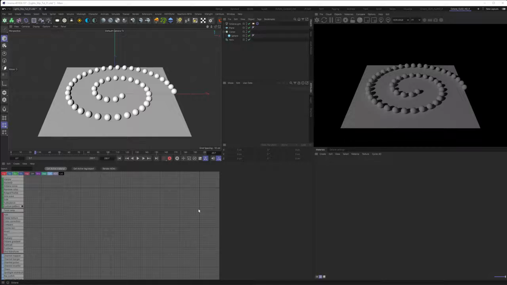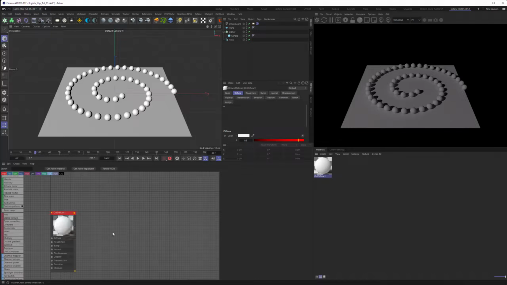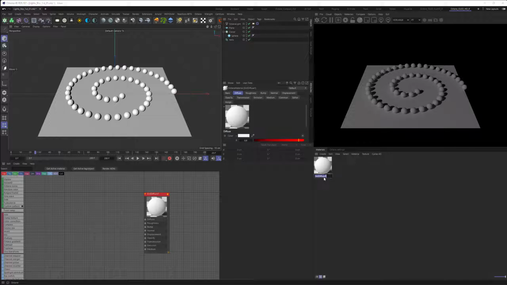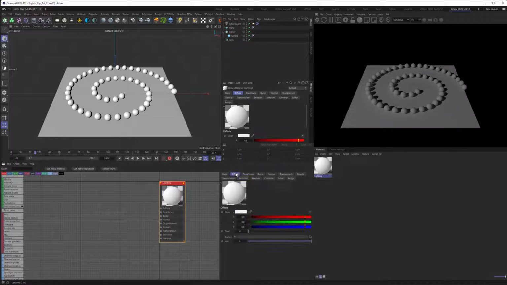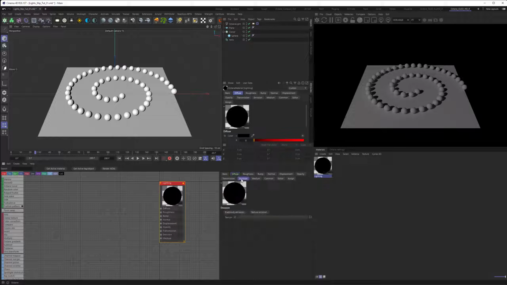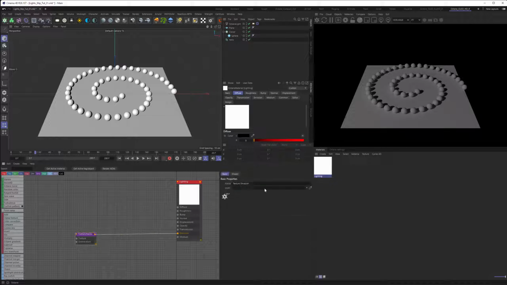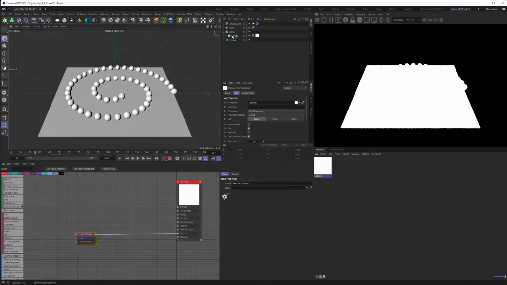Since we are not dealing with any shading effects and we are not interested in fancy shading, let's just create a diffuse material. Let's click on the diffuse to make it visible in the nodes and actually rename it to lighting or something. And then we will go into the material and click on diffuse and make the diffuse black, since we are relying on the emission to give us the values that we feed in. And then we will create a texture emission and apply the material to the sphere here.